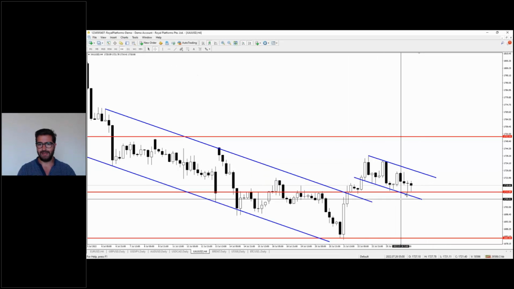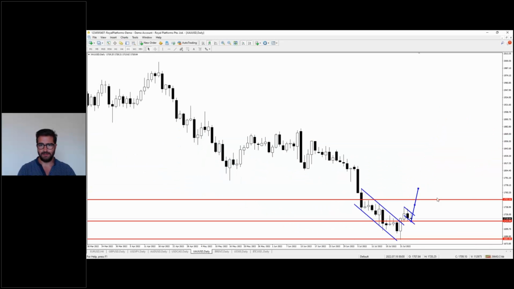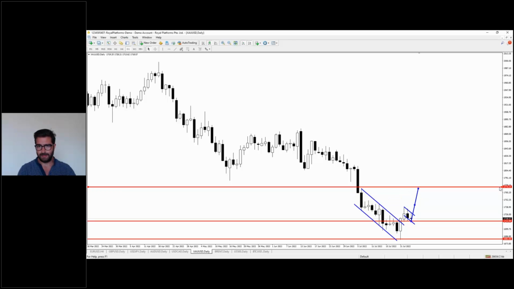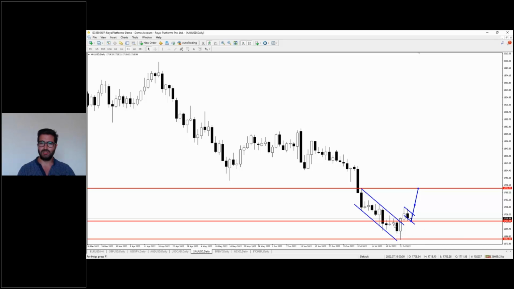So after the bullish flag, most probably the market will rally all the way up until the 1752. So we will see most probably a breakout to the upside and a move all the way up until the 1752. Okay, there is also a chance to see a higher move as a longer analysis, which is around this area here,